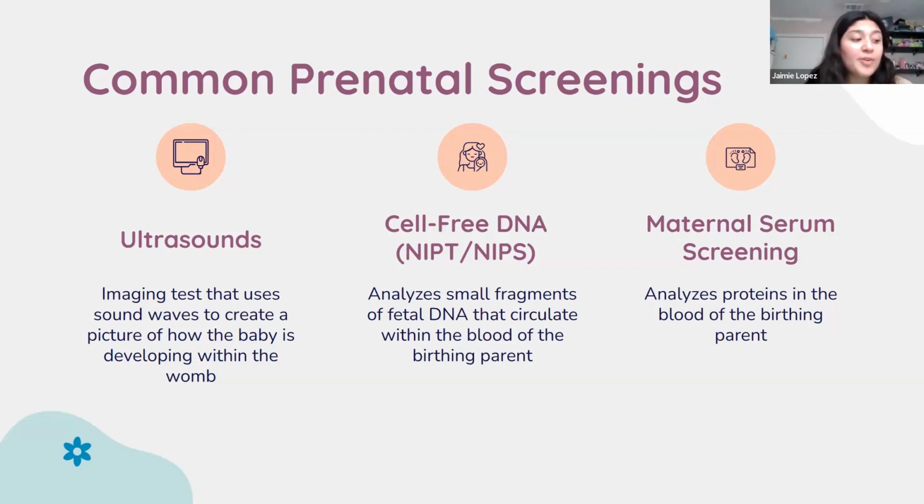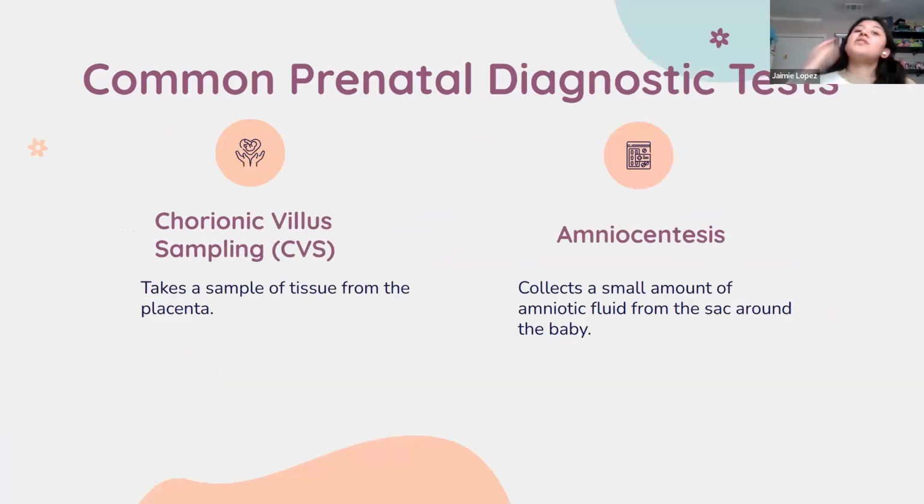Again, these screenings do not provide a yes or no answer about the presence or absence of these conditions. Rather, the screening identifies pregnancies that may be in a higher risk group, and in turn can serve as a guide to choosing further testing to confirm or rule out these conditions. Another important note is that these screens, although completely optional, should be offered to all women and not just pregnancies considered high risk. Moving on to common prenatal diagnostic tests, we'll begin with chorionic villus sampling, abbreviated as CVS,